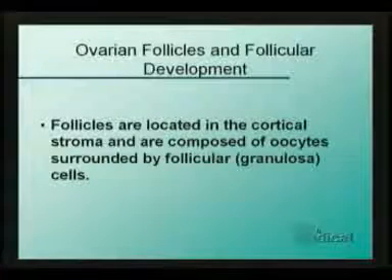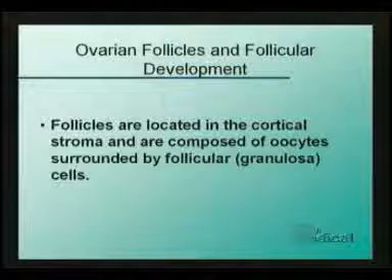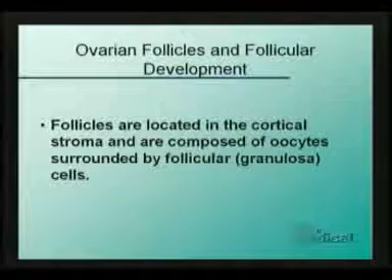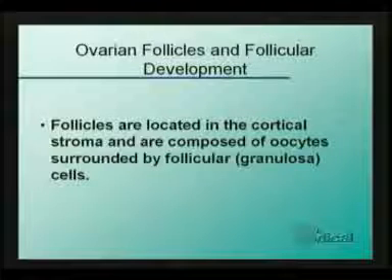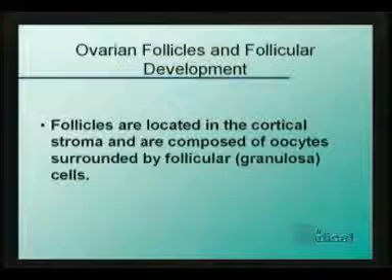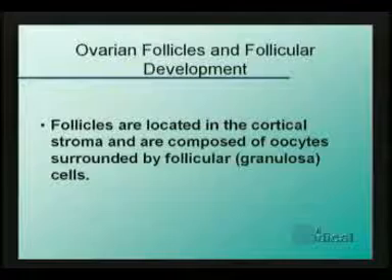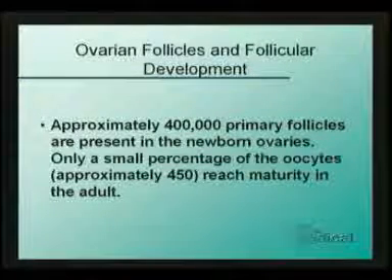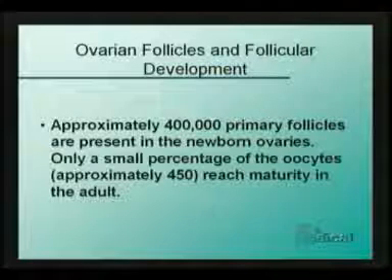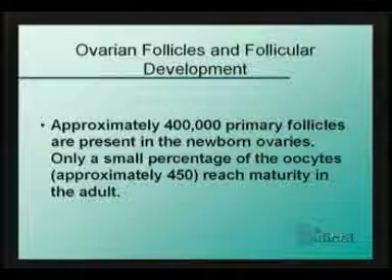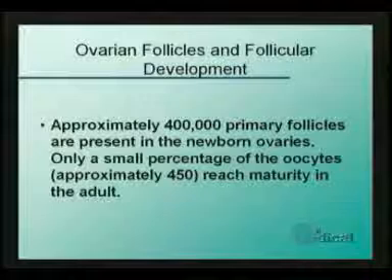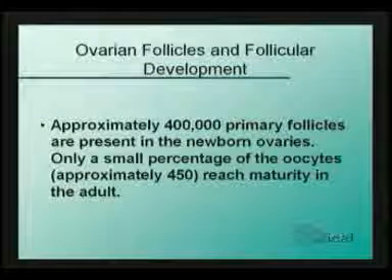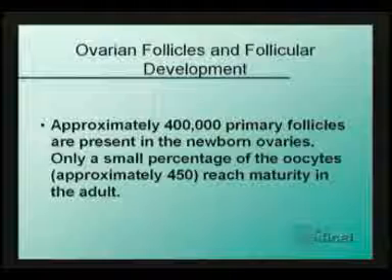So this is the point that the ovarian follicles are situated in the area of the cortex, and the oocytes themselves are surrounded by a secretory or follicular epithelium that is formed by follicular cells, also known as granulosa cells. And at birth, there are 400,000 primary follicles, but as we know, only a very small percentage of those 400,000 primary follicles will actually reach maturity in the adult and will be subsequently ovulated at the rate of